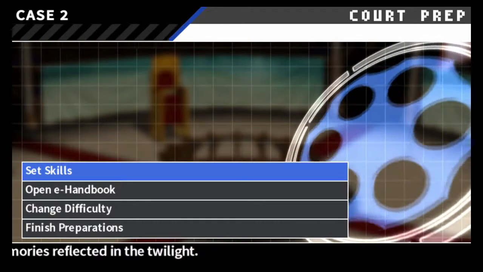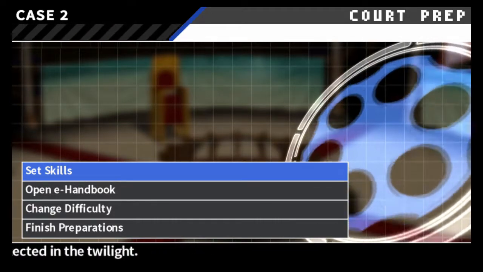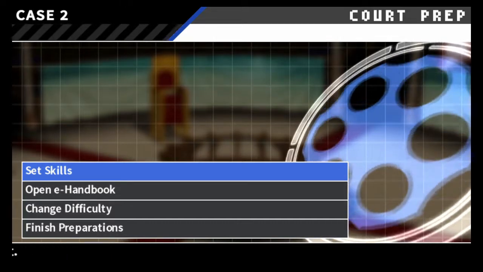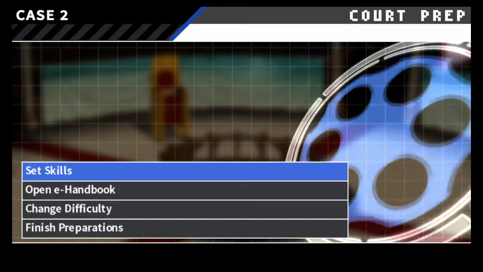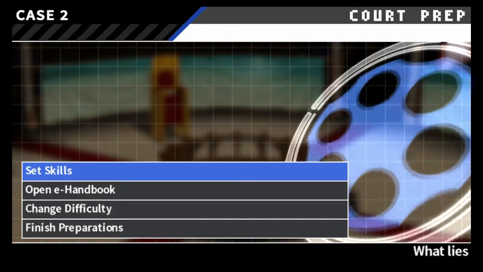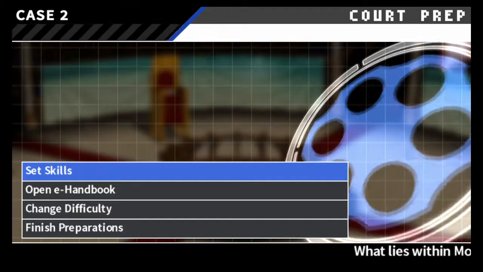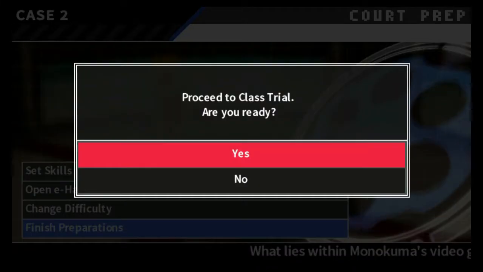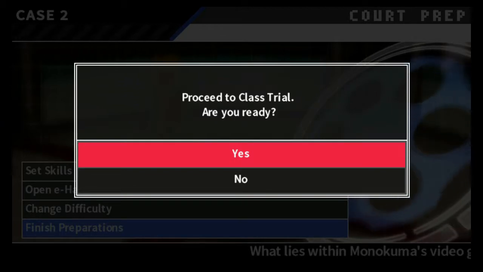Last time, we finished our investigation, finding out a bit more about the footprints, finding something interesting from Sonia, and Mikon finished her autopsy. And in this episode, since we haven't spent time with anyone, we have no new skills, nothing like that, so we're just gonna jump straight into it. The class trial for Mahiru Koizumi, the ultimate photographer.